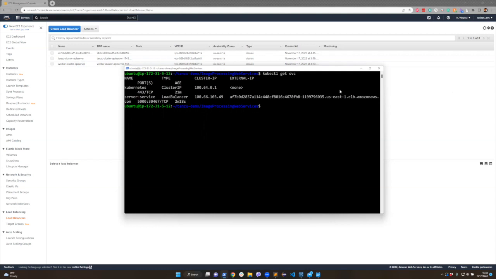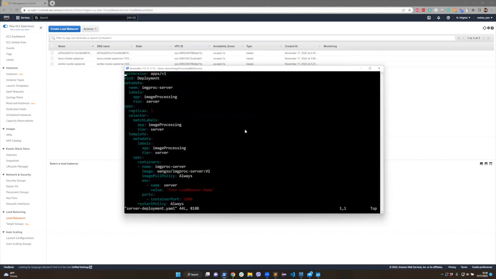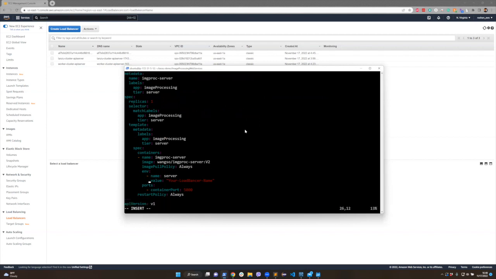So to do that, what I will do is simply go back to the file, which is the server deployment. I can do that by using VIM, which is a text editor, which will allow me to change values, right? So I would enter here, and then where it says your load balancer name, I would update this value to whatever we had earlier. We can also use SED to perform this, but you can simply use the value as what we have here. Just copy over, and then